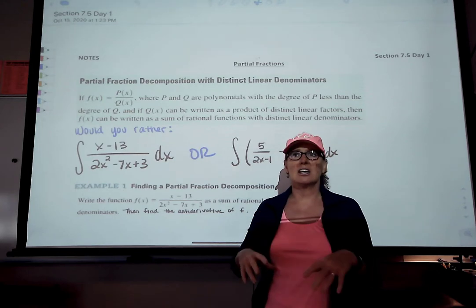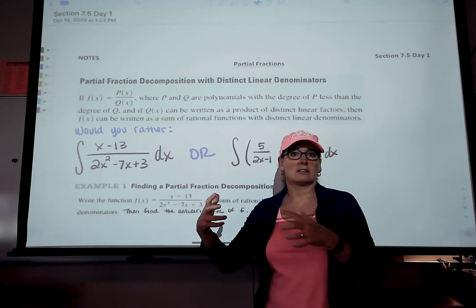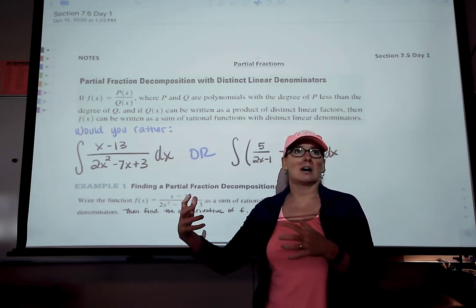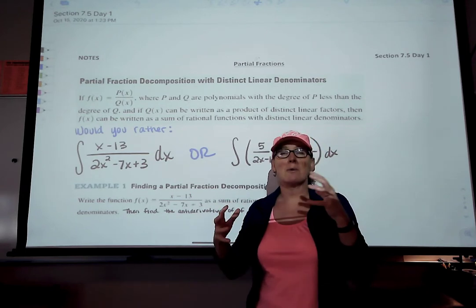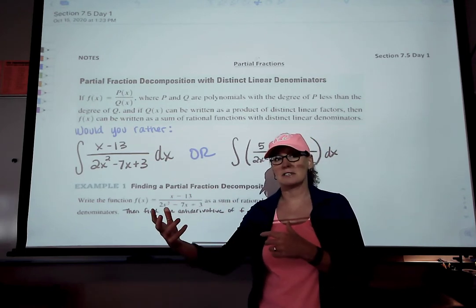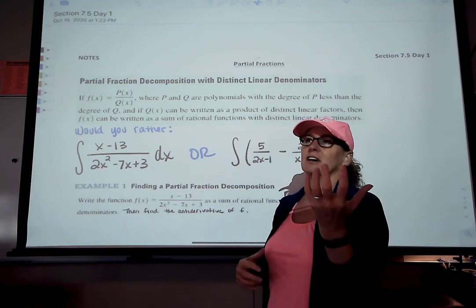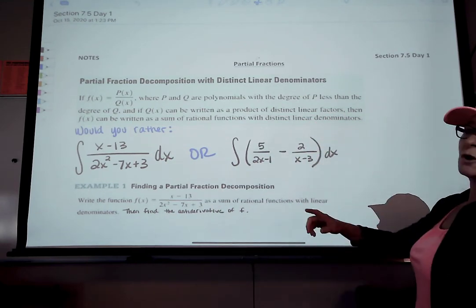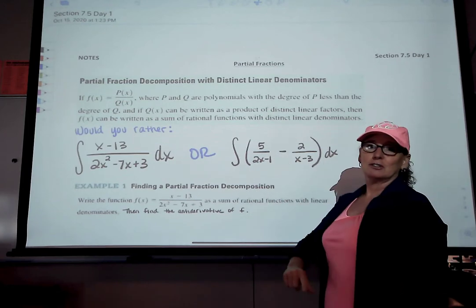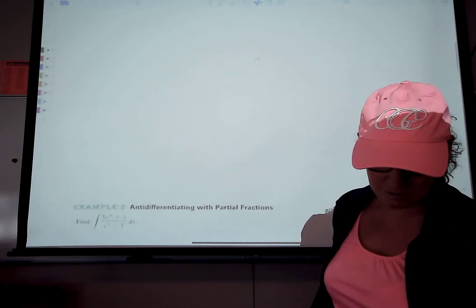The thing is, you'll often get your answer as a logarithm, because that way you can see how it undoes the logarithmic differentiation. It's harder to see how it undoes the quotient rule. Anyway, let's get started. Before we get started, I have to review some algebra techniques with you and some basic